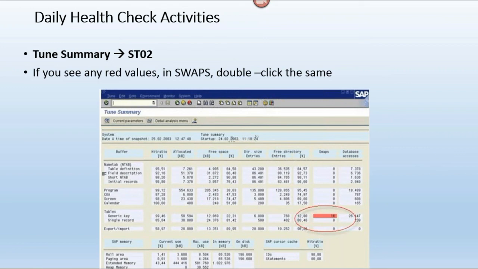But what exactly is the term swap here? I have some physical memory assigned to my SAP system. Apart from that physical memory, I'm using some other memory, and we call that swap. I can configure swaps of 10 GB, 2 GB, 5 GB or 6 GB.